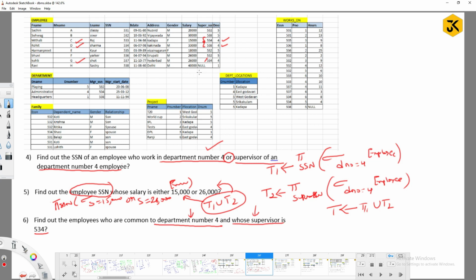So there is no need of applying joins. I am going to simply find out all the employees whose department number is 4 and whose super SSN is also 534 from the employee table. Is it correct? Yes or no? That's it.